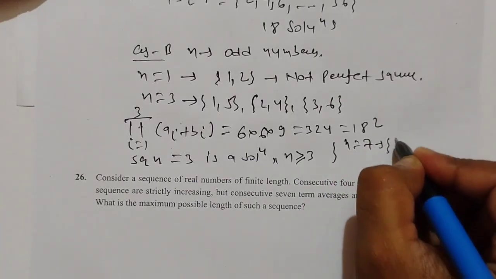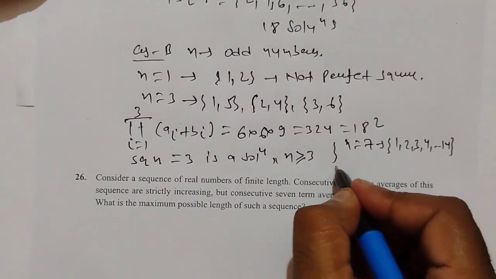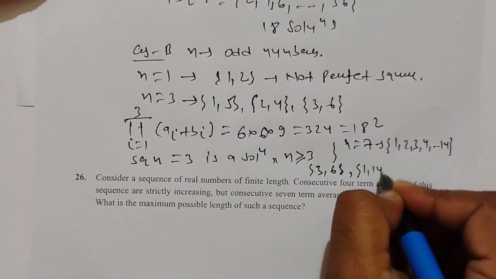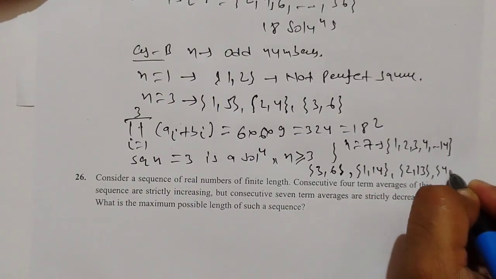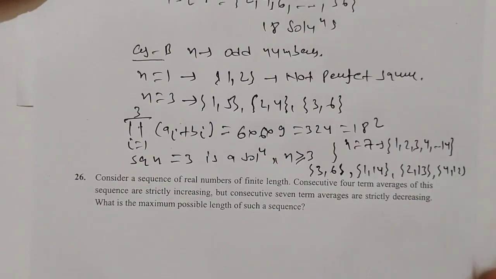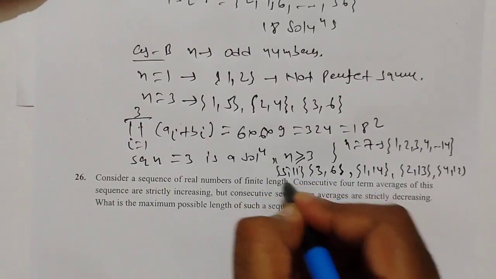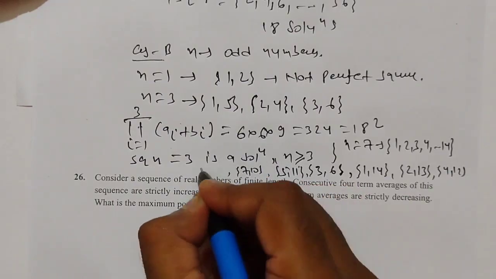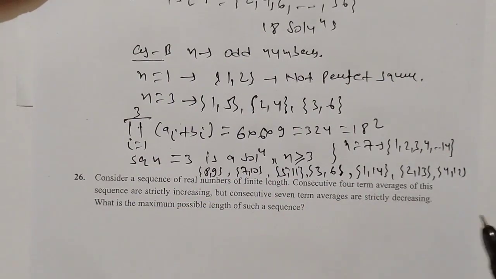So this will give 1, 2, 3, 4 up to 14, and 3 and 6, then 1 and 14, like 2 and 13, like 4 and 12, and also 5 and 11, then 7 and 10, then 8 and 9. So the solution exists for all except